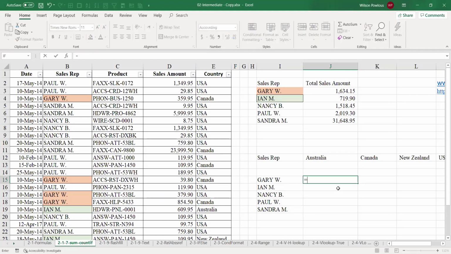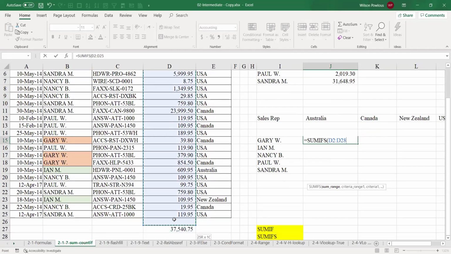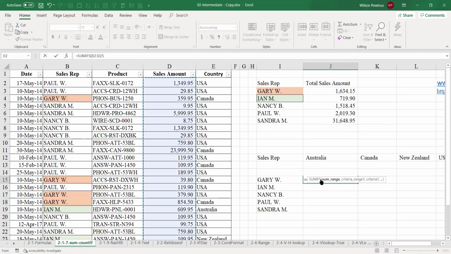So we'll use equals SUMIFS, bracket, and sum range. Sum range is which column you want to sum up. Which is the column we are looking at summing, the sales. Select this, and once you select it, immediately press F4, so it becomes an absolute reference. Then comma, criteria range 1. We want this criteria.